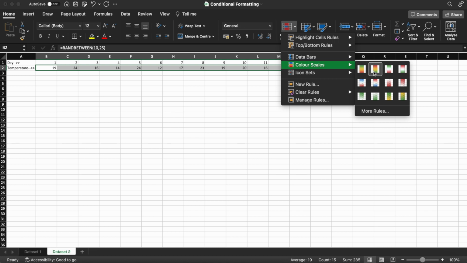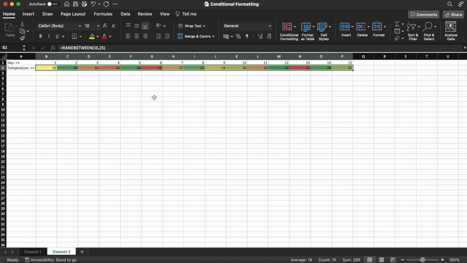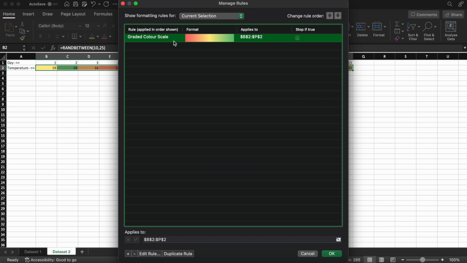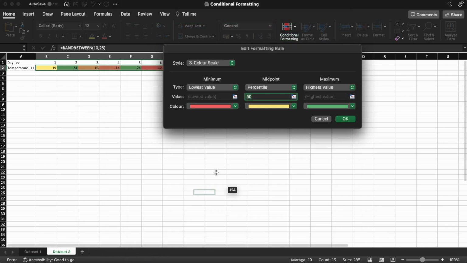So let's go ahead and select the first one, and you can see that it has now assigned a color code to all these numbers depending upon what is the lowest or the highest. You can again go ahead and edit these rules by going into manage rules, click the graded color scale, click edit rule, and over here you can see